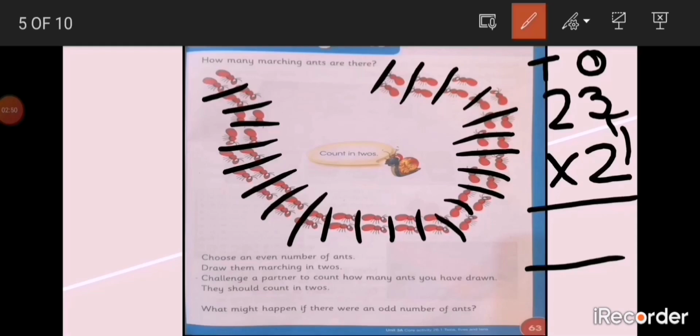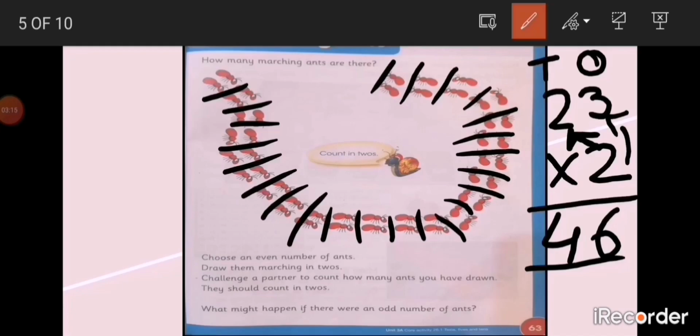So read the 2 times table 3 times: 1 times 2 is 2, 2 times 2 is 4, 3 times 2 is 6, or 2, 4, 6. The answer is 6. And now the second step of multiplication is to multiply the tens. Now multiply the 2 with 2 tens. So read the table of 2, 1 times 2 is 2, 2 times 2 is 4, or you can count in twos, 2, 4. So the answer is again 46.